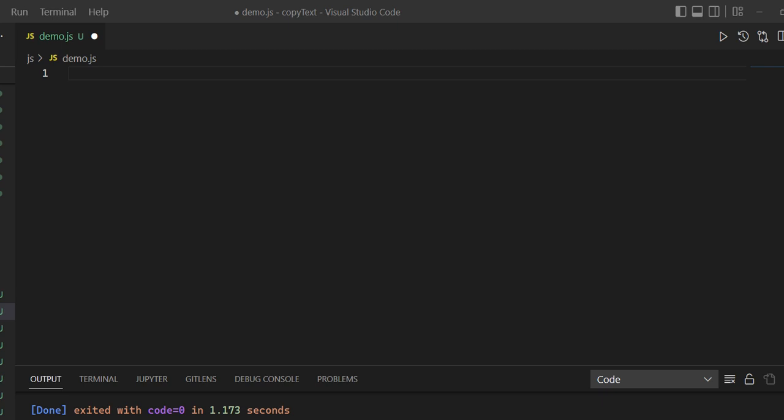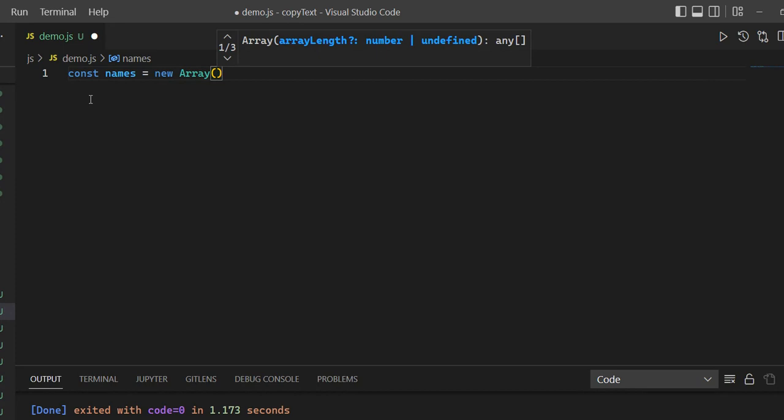Well, I'm going to talk about basically how to initialize and declare arrays. So what I'm going to do is we can call the constructor. First of all, I create the constant, and a constant value never changes. So I'm calling this array constructor, and inside this array constructor I'm going to pass